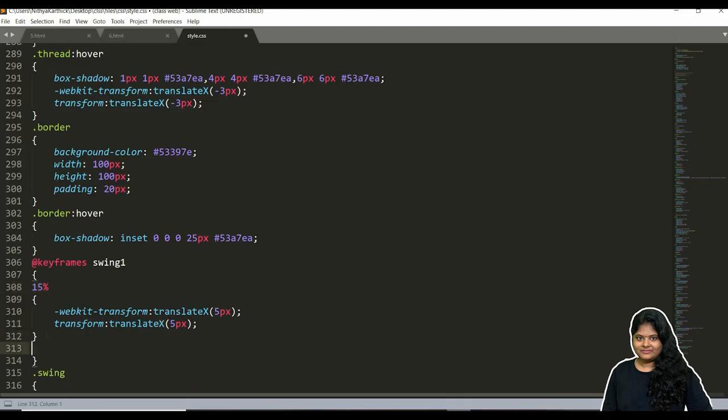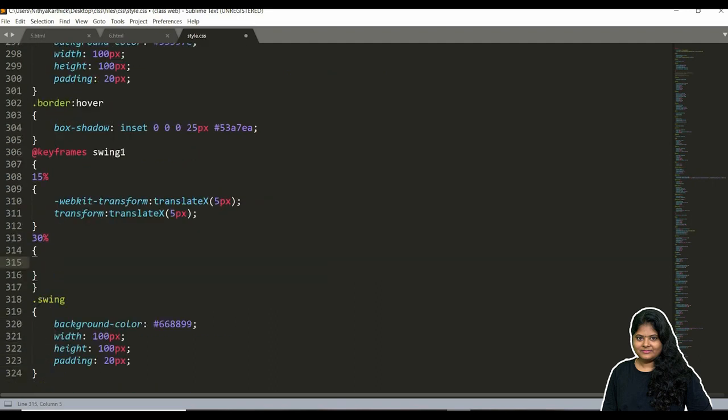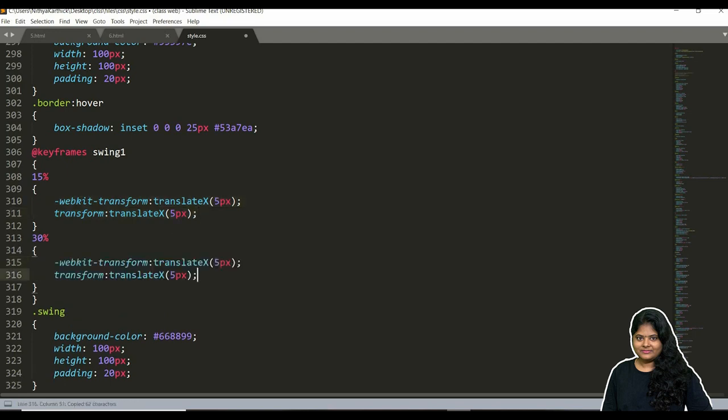Now when the keyframe is at 30%, you can give any percentage. I am just taking multiples of 15. You can take 20. Next we will take 50%. So we can take any values. Here I am going to use the same thing but a different value. Translate. Now let it go back to the same place.